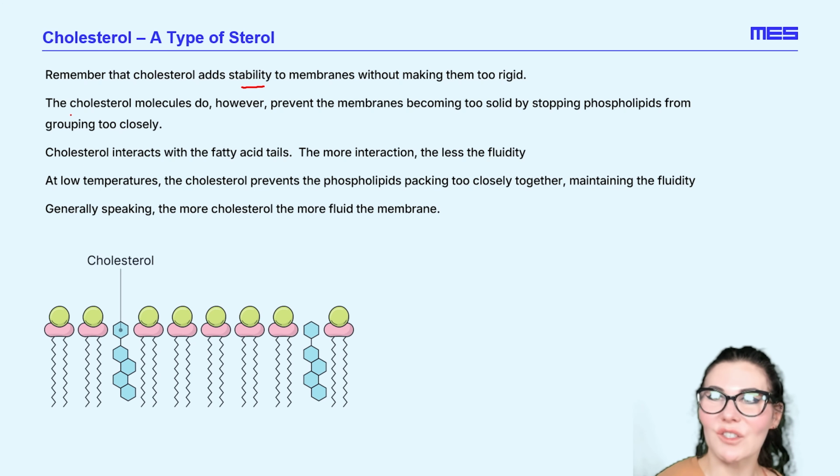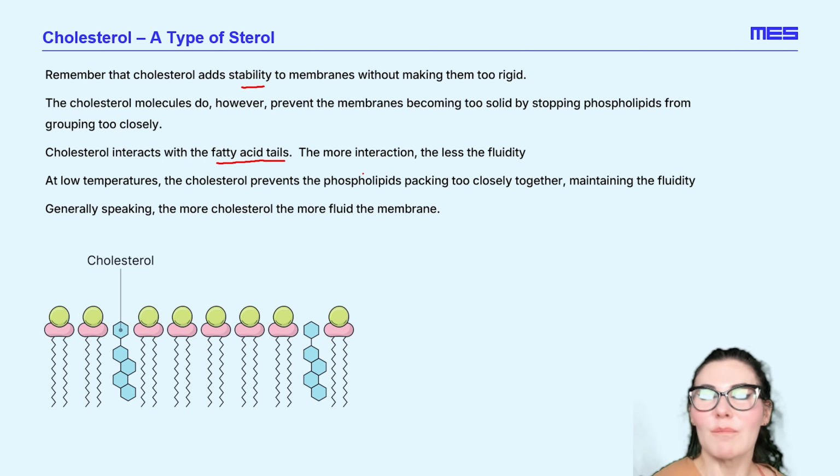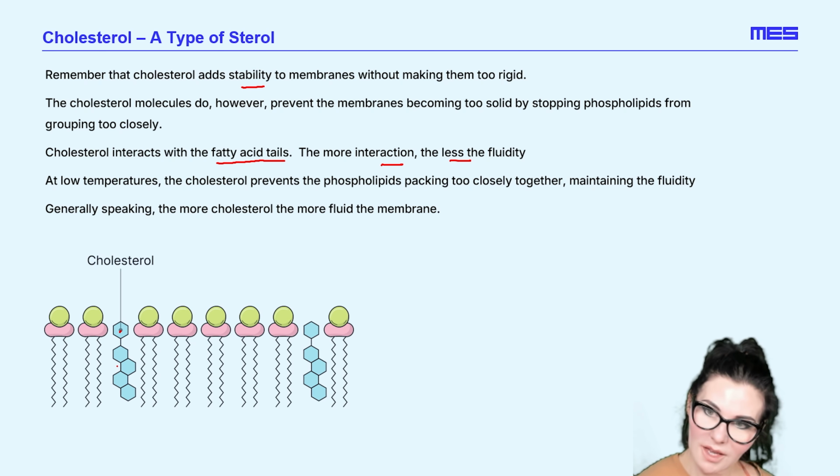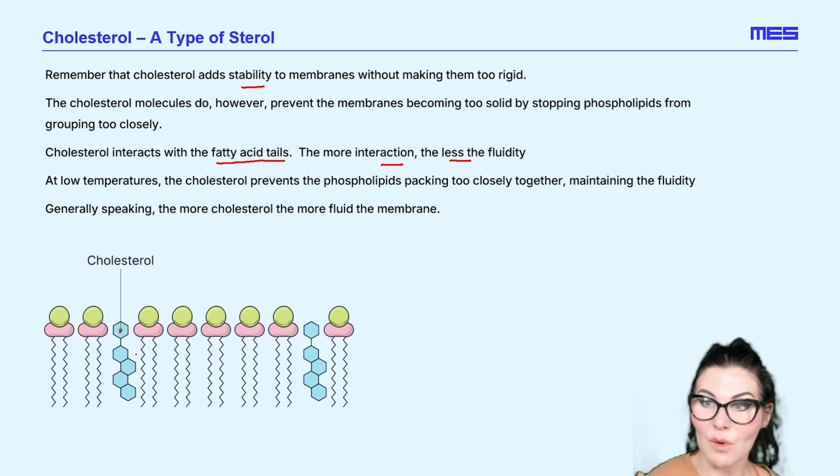So how does cholesterol play a part in this? Now, cholesterol interacts with fatty acid tails. The more it interacts, the less fluid. So what we're saying is, here's some cholesterol. If the cholesterol is sticking to the fatty acid tails, it stops them moving around as much and makes the membrane less fluid. But if the cholesterol is not sticking to the phospholipid tails, then the tails are free to